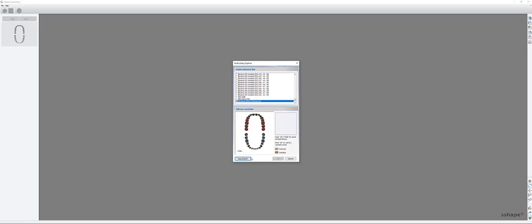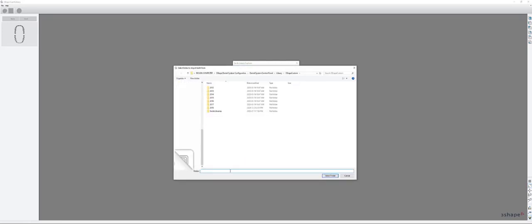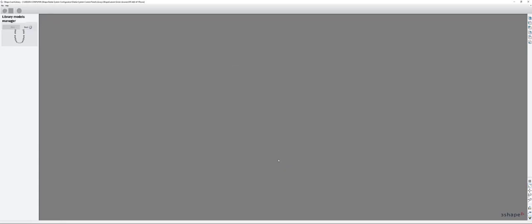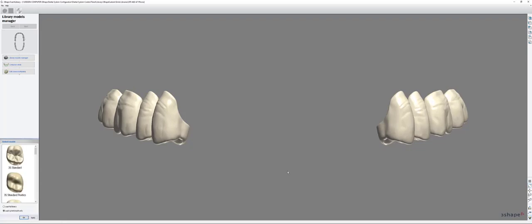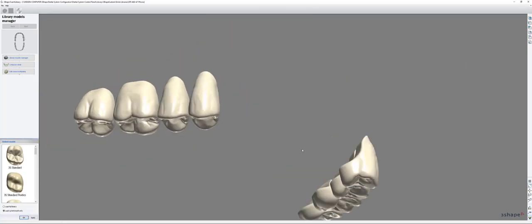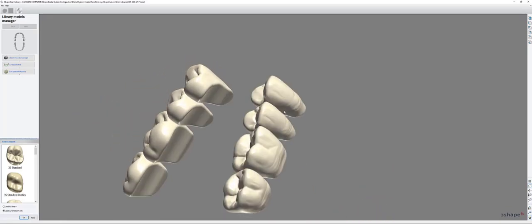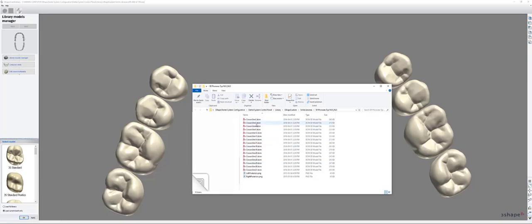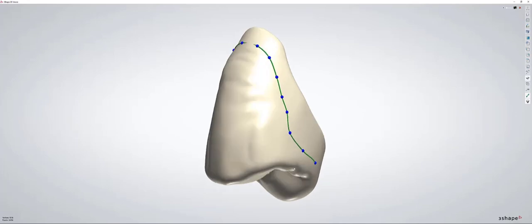I'm going to import teeth and paste that file location. And then I'm going to click OK. It brings you into this new window where your teeth are now replaced with the Finalizing teeth. So I'm going to do a check just to see if my teeth have been replaced with the Finalizing teeth,